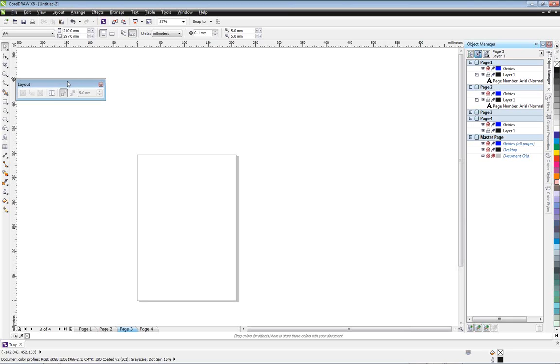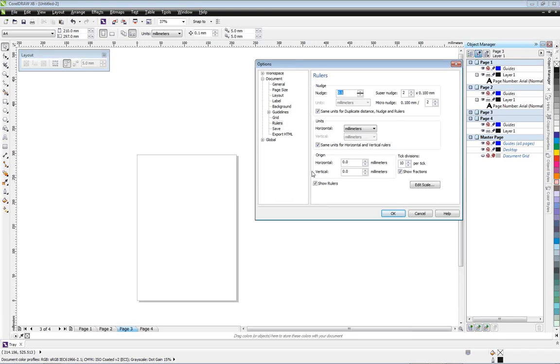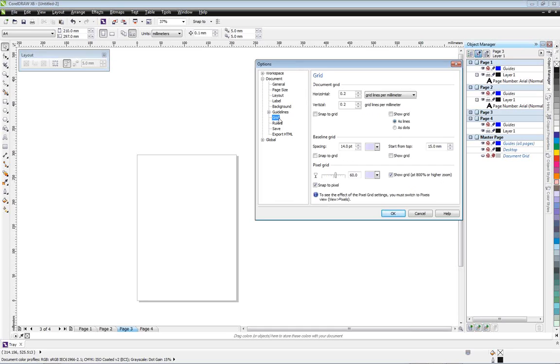Another question, how would the baseline grid react if, for example, the dish name were a different size than the remainder of the text? Now, if you double click on the ruler and I go down to grid, down here I've got the baseline grid settings. At the moment it's set to 14 point. So what this means is, and I would also ask you to look in the help file for this, let me just open up baseline grid again,